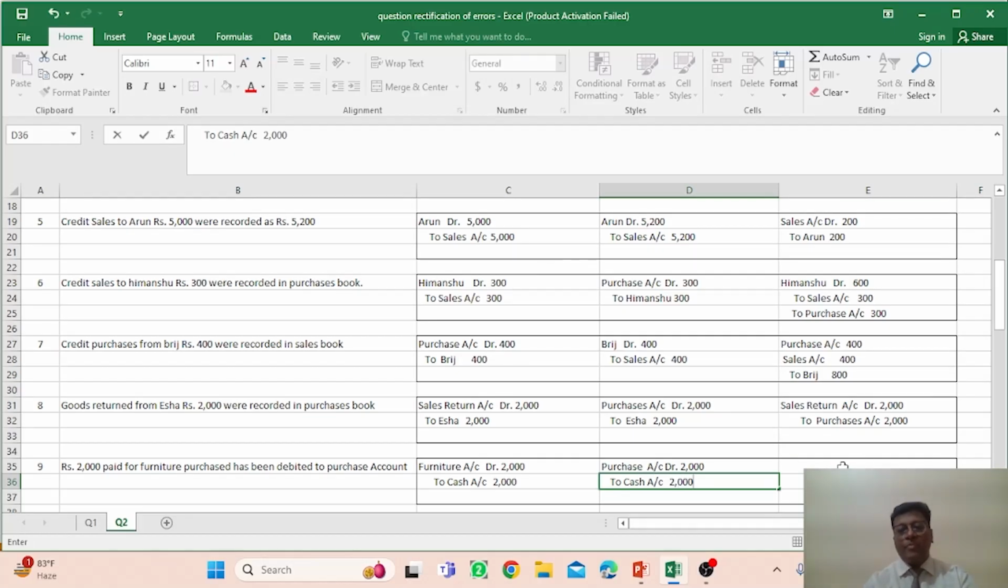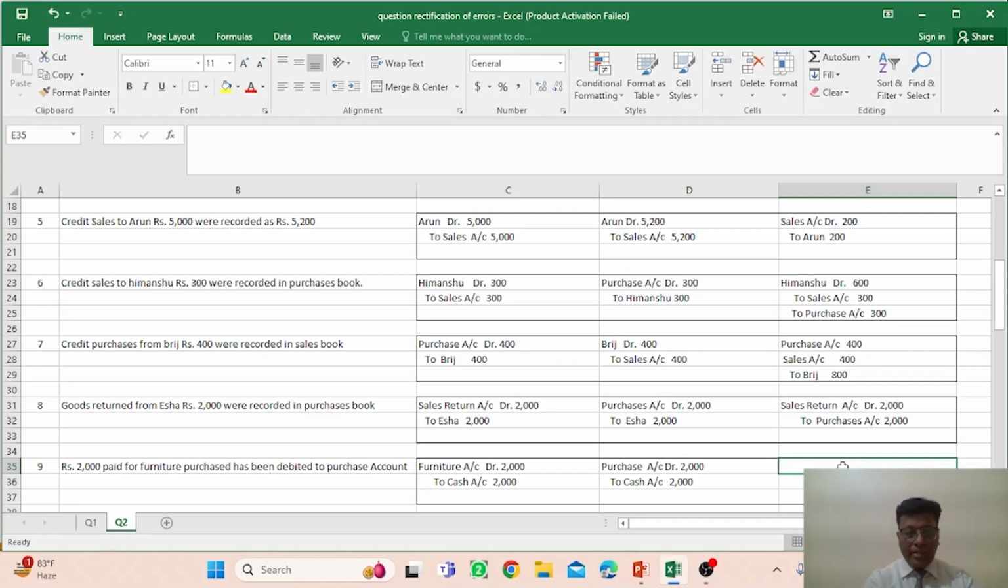So what do you see? The exact thing is that furniture was purchased, so the entry should be furniture account debit to cash account, but you are mentioning purchase account debit. So in the rectification entry you have to make the furniture account debit, and the purchase account was wrongly debited, so you have to mention to purchase account, and the amount is 2000,